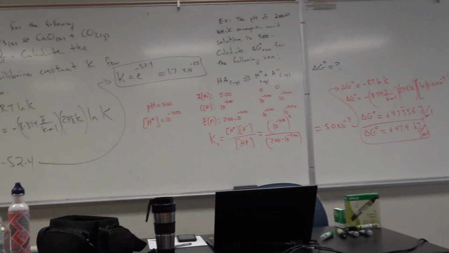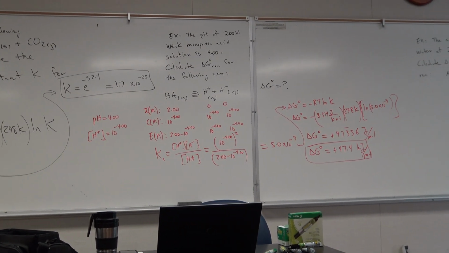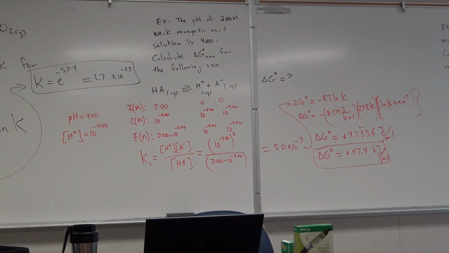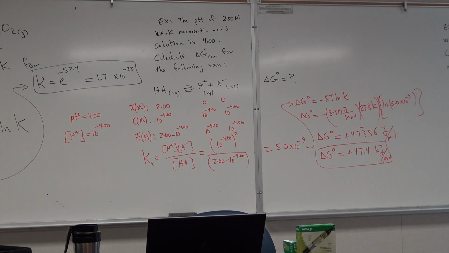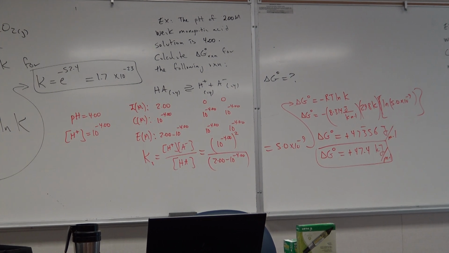So in the second example, you have a weak monoprotic acid, its concentration is 2 molar, and its pH is 4, and you want to calculate the delta G standard for that reaction. And so,